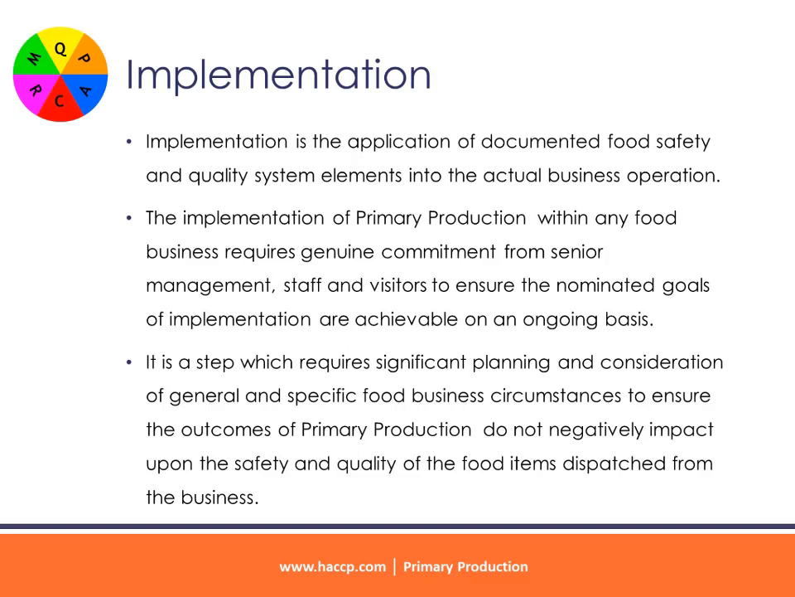Implementation. Implementation is the application of documented food safety and quality system elements into the actual business operation. The implementation of primary production within any food business requires genuine commitment from senior management, staff and visitors to ensure the nominated goals of implementation are achievable on an ongoing basis. It is a step which requires significant planning and consideration of general and specific food business circumstances to ensure the outcomes of primary production do not negatively impact upon the safety and quality of the food items dispatched from the